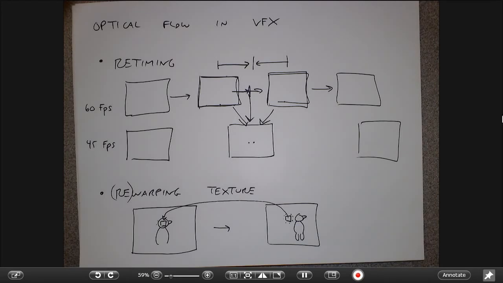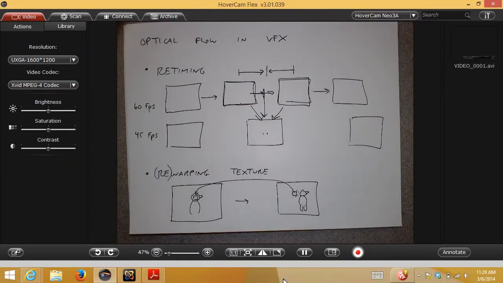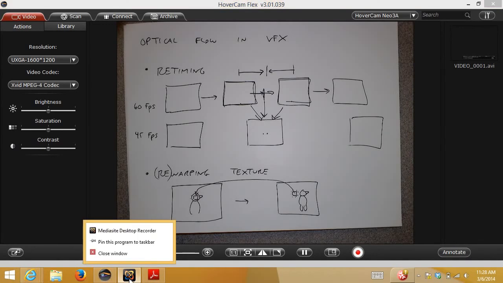Okay, so any questions or comments? So this rewarping texture idea, it seems to imply that you can use optical flow to fill in information that's missing. Right, so optical flow is one way to attack the in-painting problem, right? If you have lots of information from future frames, you can use optical flow to push stuff back into the holes, right? Yes, so that's definitely true. Okay, so